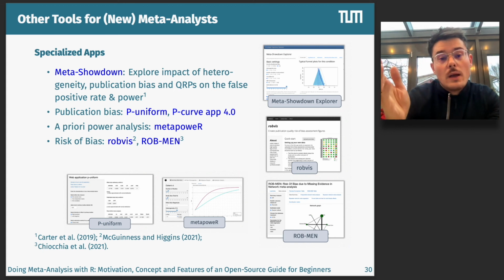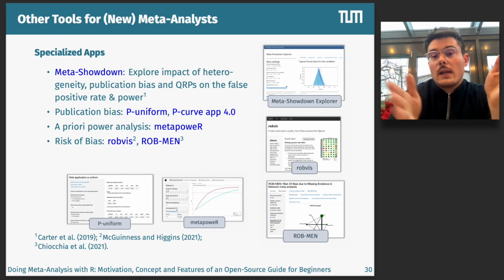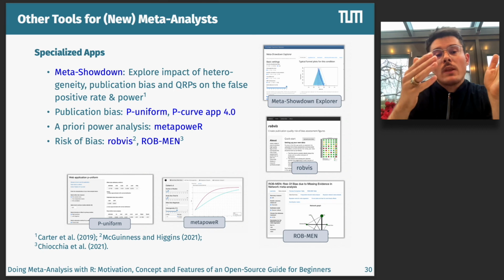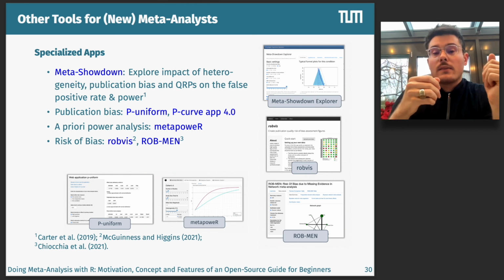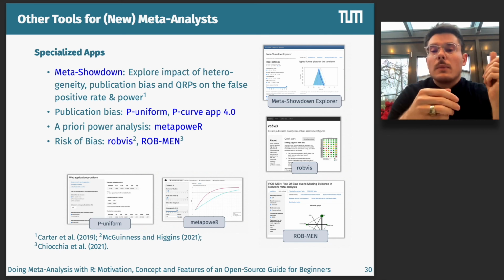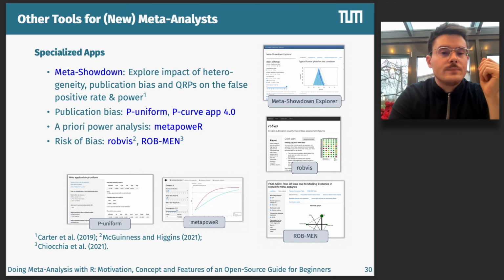There's the MetaPower app that I discovered recently, which allows you to calculate a priori power of meta-analysis. And there are also, of course, really helpful tools now for risk of bias assessments, in particular the really gorgeous and highly recommended Rupvis